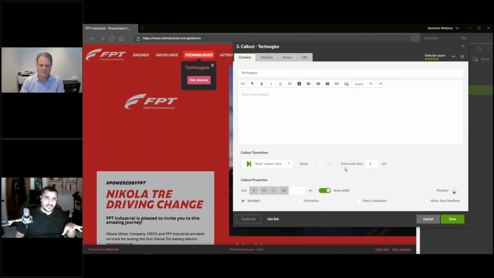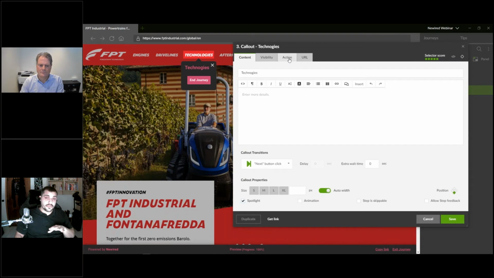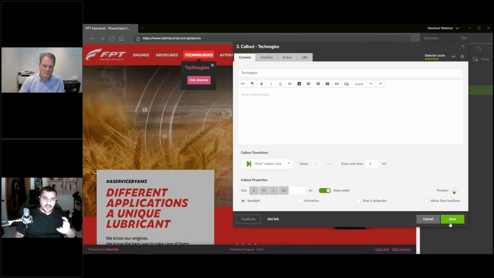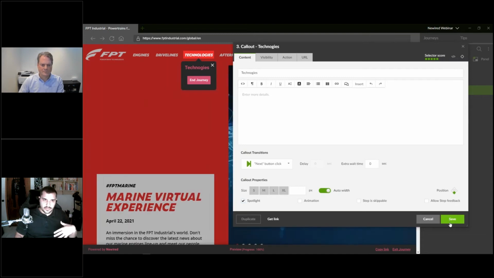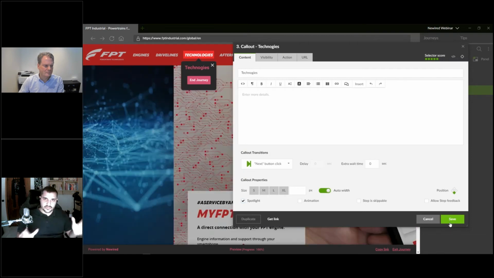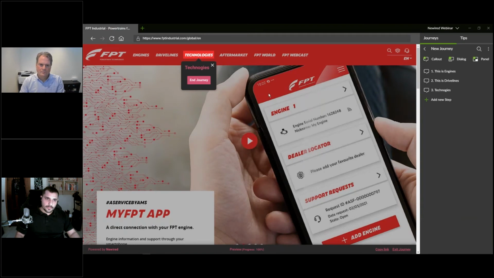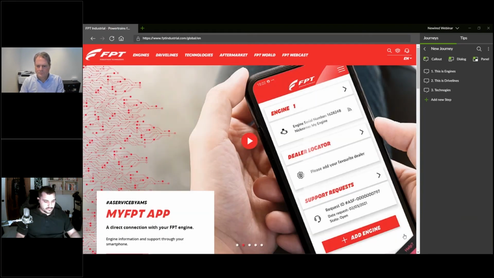So for example, I want to give it an additional spotlight, as I showed you in my overview journey. I can do it from here, and many other features are inside here, which are a bit more advanced. But this is just to show you that the power of journeys really lies in that the actual behavior the end user will have to do can be described with this kind of editor. So let's say that now I have my journey here, and this is what we like. We are also able to bring this and publish it and put it live.